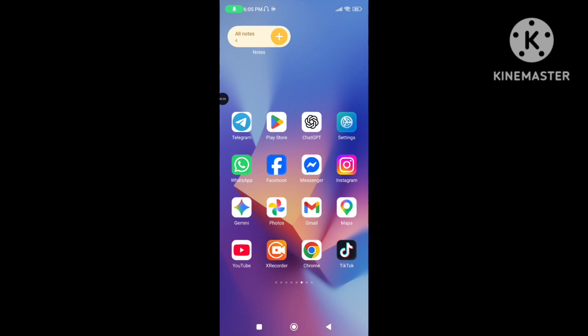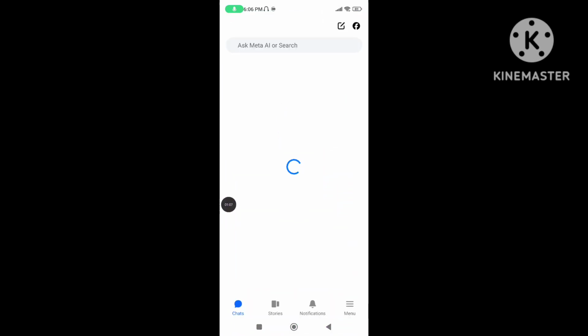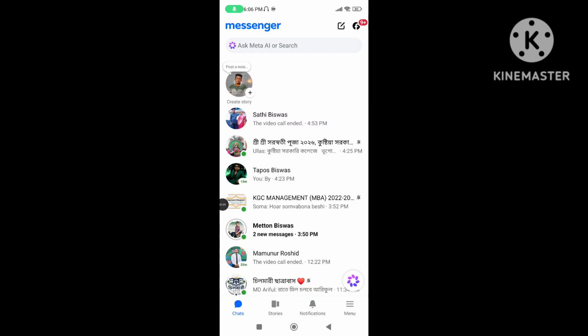Step 3. Restart your device and open it again. Step 4. Open your Messenger app again. You can follow all these steps to fix Facebook Messenger purple Meta AI not showing problem or purple Meta AI not